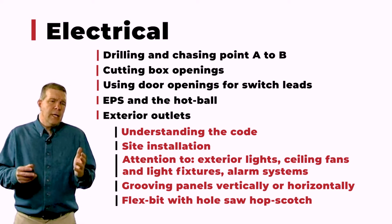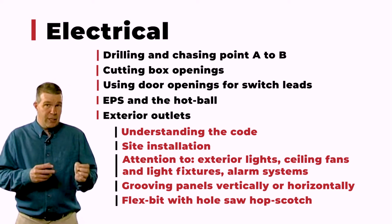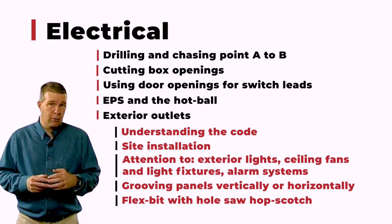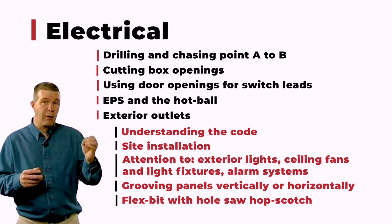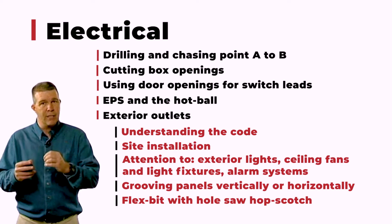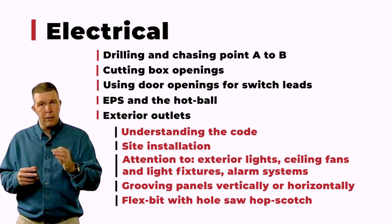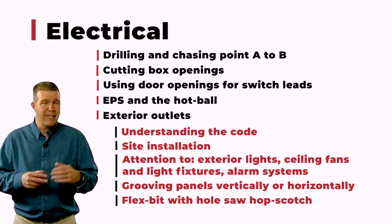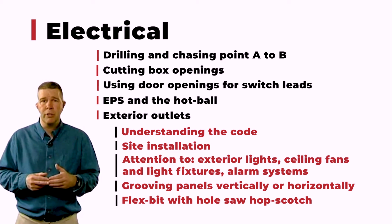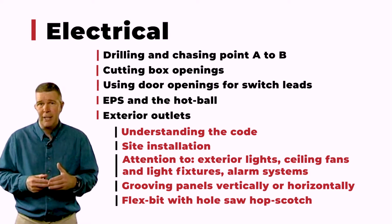Now, if you need to put a chase into an EPS core panel, the expanded polystyrene, if you remember back at the beginning, we talked about how it has a melting point. This is another case where we can use that melting point to our advantage. We use what's sometimes referred to as the hot ball technique. By taking nothing more than a 1-inch chrome steel ball heated with a propane or MAP gas, we can literally